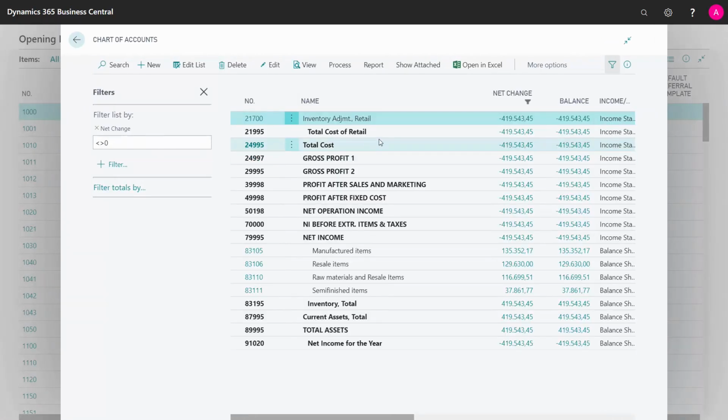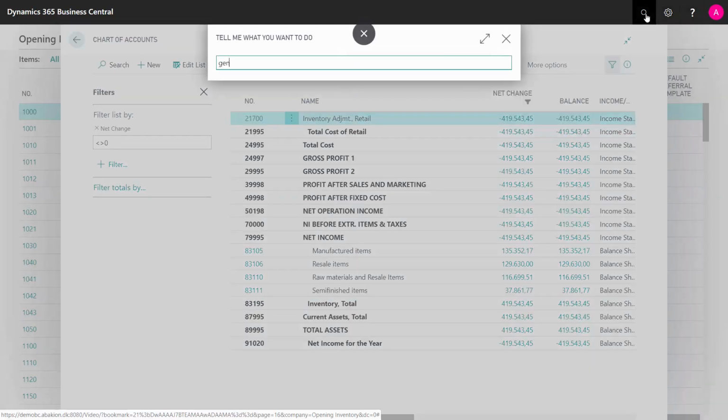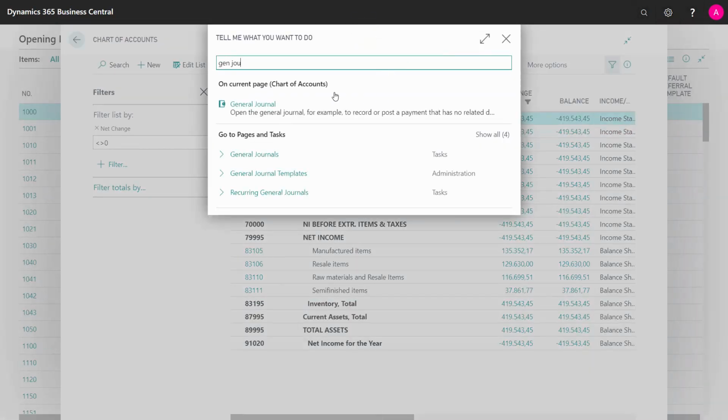But in the chart of accounts, as I can see here, it created, of course, a lot of adjustment on the inventory, and it created here all the inventory accounts. And I would like to open that with my opening balances as the very last thing. So therefore I will reset all those postings. So I have to write them down, all of them, to see all the different figures, and then to go into my general journal